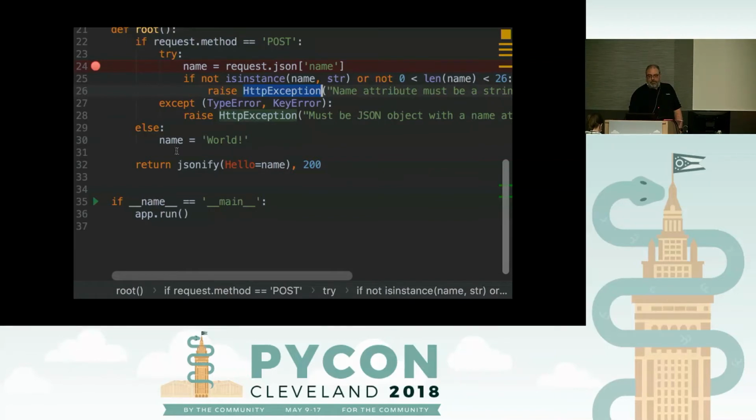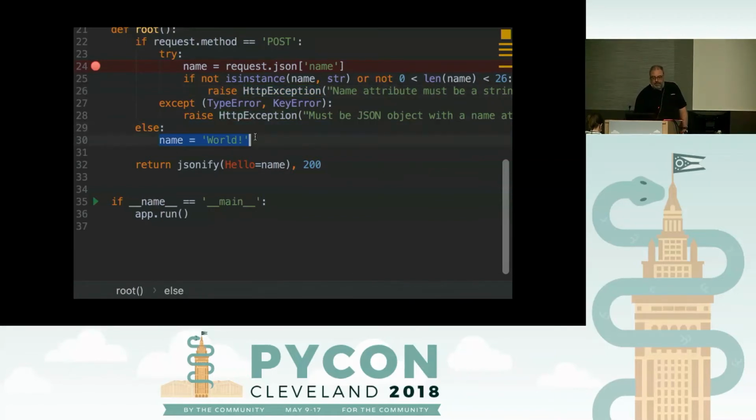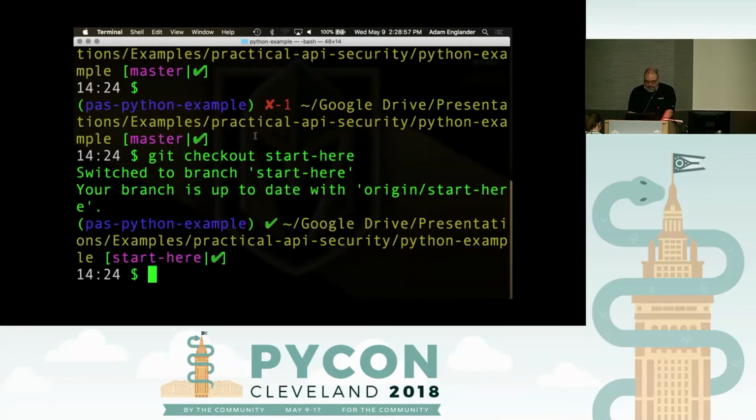If it's not post, then it's assuming that the name is world. And literally all it says is hello world, right? Returns a JSON object, hello world, right? So if we go here and we start our server,